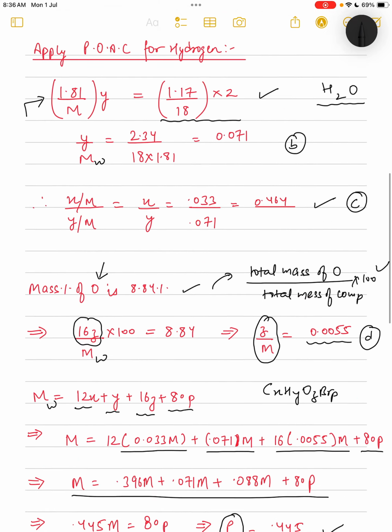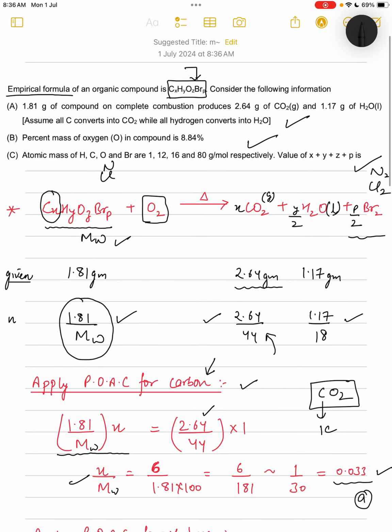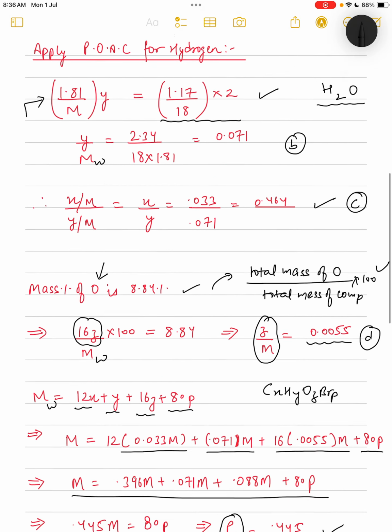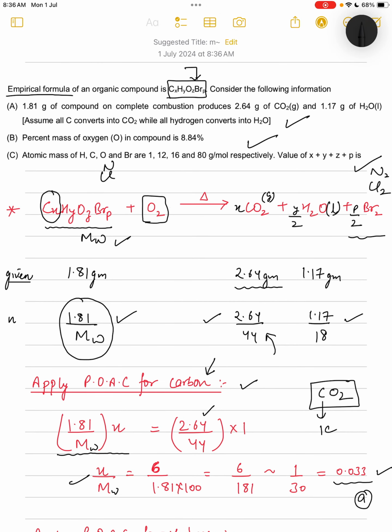So it is a detailed, elaborative solution of this question. If you have a shortcut, you can easily apply it, but to have the proper understanding and application of every concept used here, we can go through this detailed problem, right? In this way, we can solve all the problems related to the empirical formula and general ways of finding the formula of hydrocarbon, where a hydrocarbon formula is given in terms of CxHy, or if nitrogen is given, or if any halogen is given also.